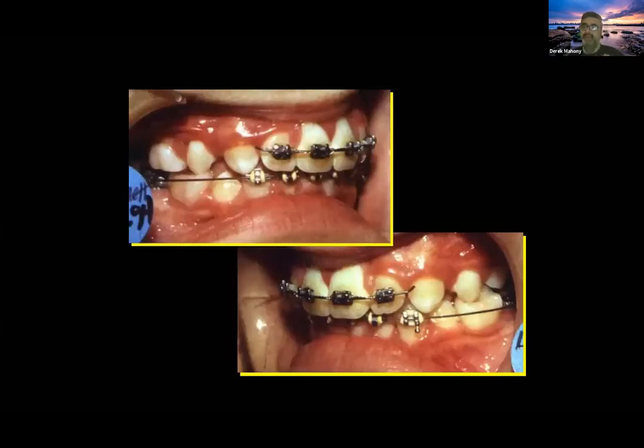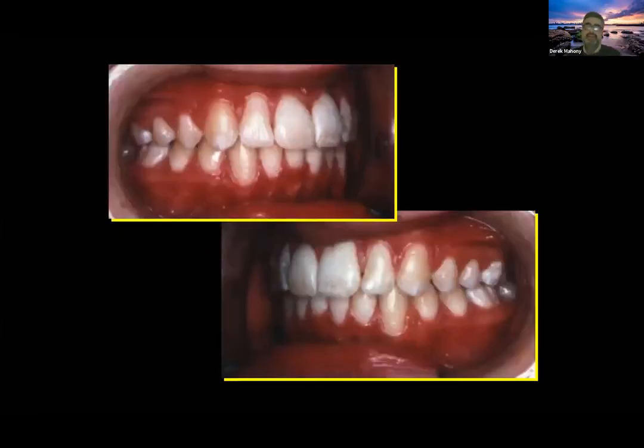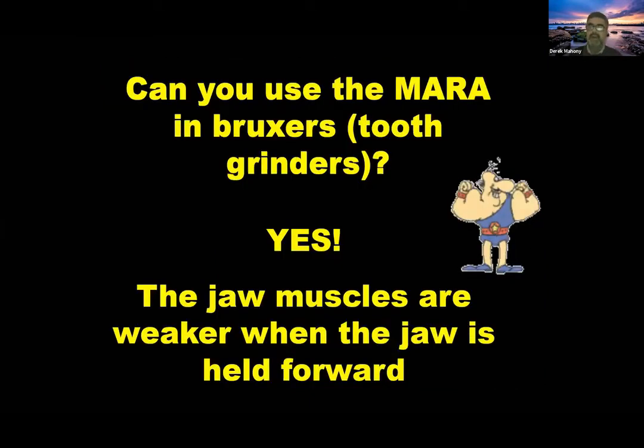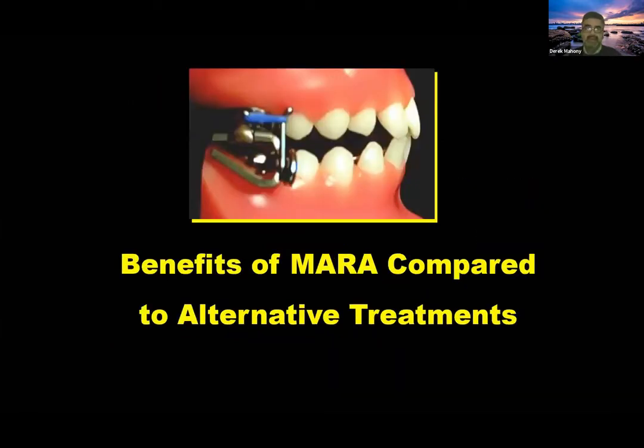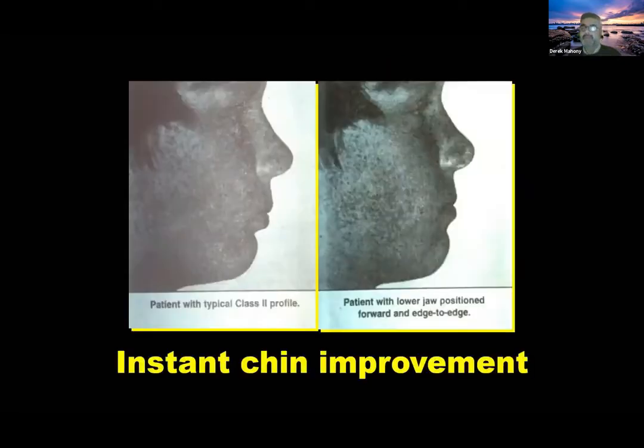But it's very important I get the right torque of the incisor, because my upper incisors are under torqued. It's going to prevent full translation of the mandible. So they're the results I want, and we hold it there in either a Damon splint or in a bionator at night. I can use these in bruxers, and the benefit of this compared to other appliances, well, first of